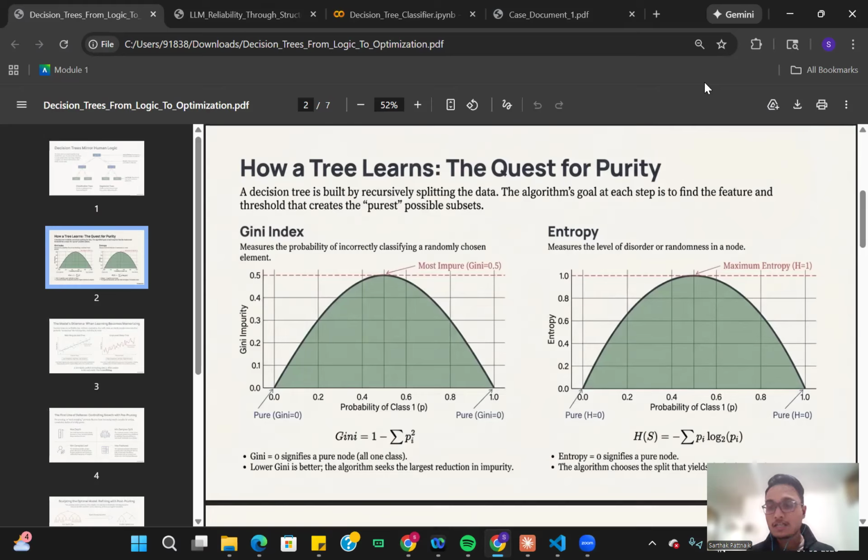So in one class, I have 50% of the data, and in the other class, I have 50% of the data. So in that specific circumstance, I can say that, okay, this is the state of highest impurity. Now moving on,